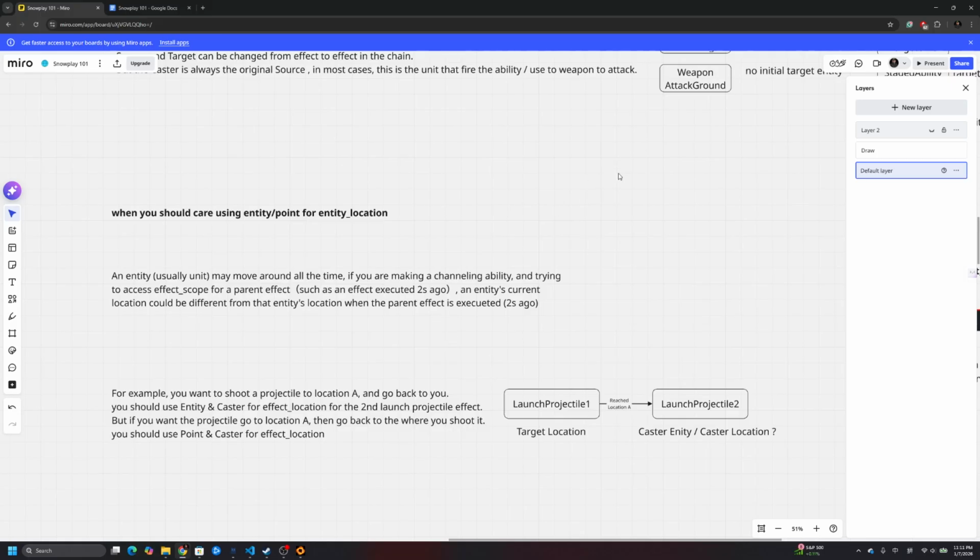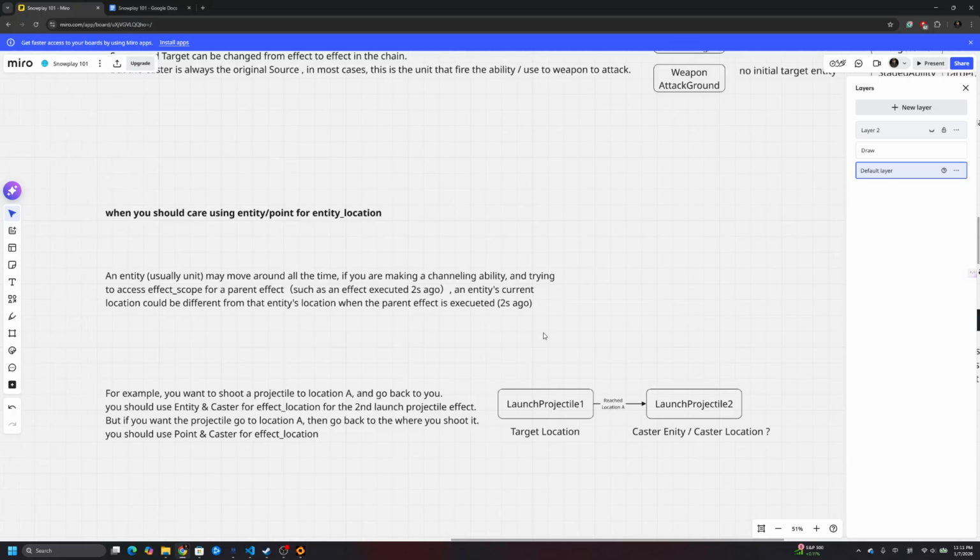For the first situation, you want that projectile to shoot and go back to you, no matter where you are. You may have been moving very fast throughout the map, but you want that projectile to go back to you, make a curve. But for the second situation, you just want that projectile to go back to where it started. You don't want it to go back to you. So in these cases,